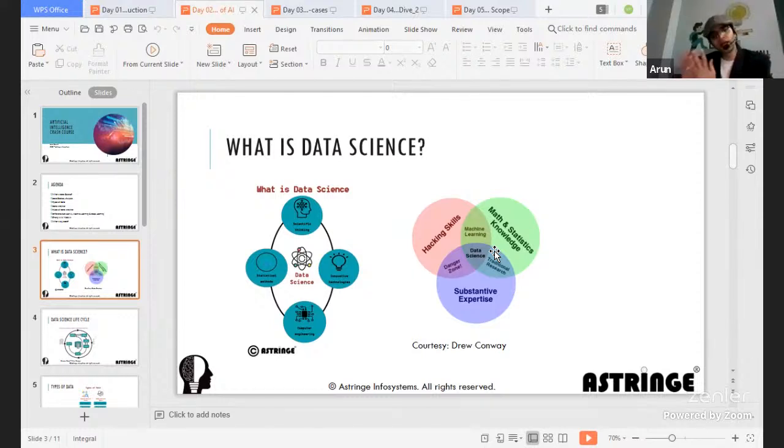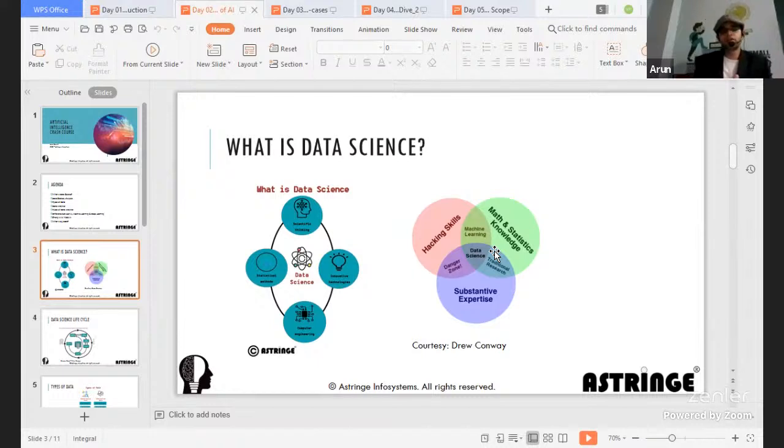So I was trying to help him understand that AI is not only machine learning. AI is also about various other things, and we will touch base on other things as well. So why don't you move towards your research area itself and master that one thing rather than moving towards machine learning? Then he understood that data science is not just about AI or machine learning. AI is part of data science, but data science is not just machine learning.